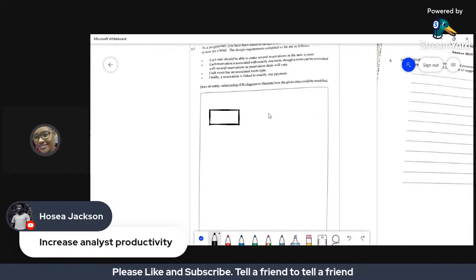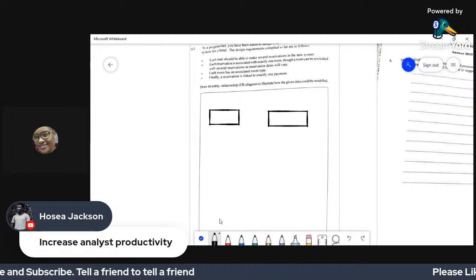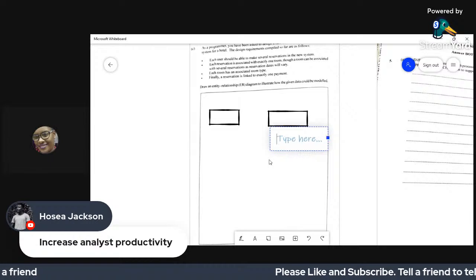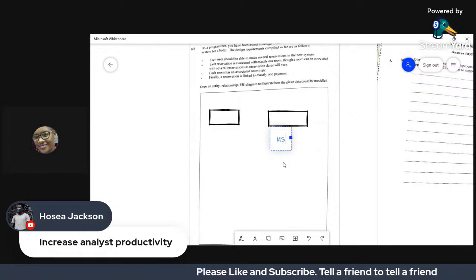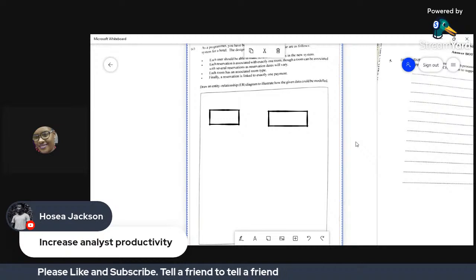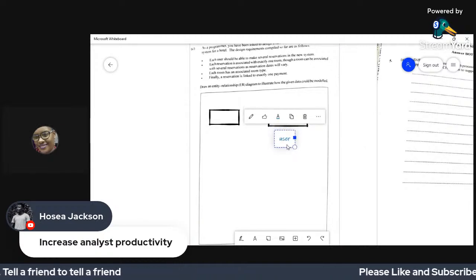The system understands that I'm not able to draw properly. All right, so user, let's minimize this so that it fits in the box.